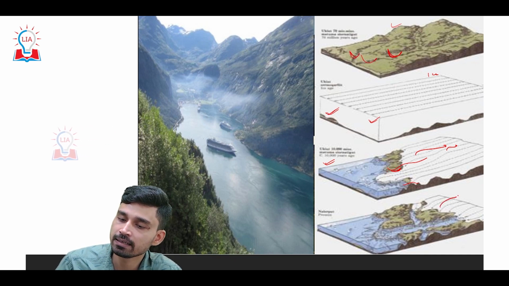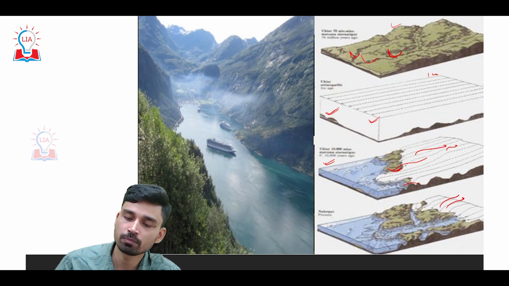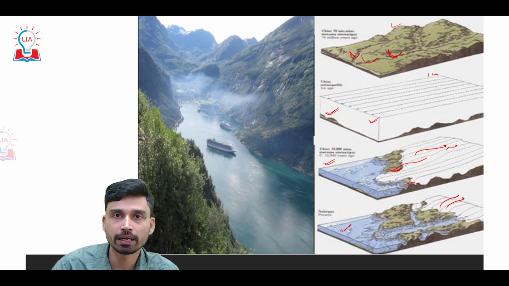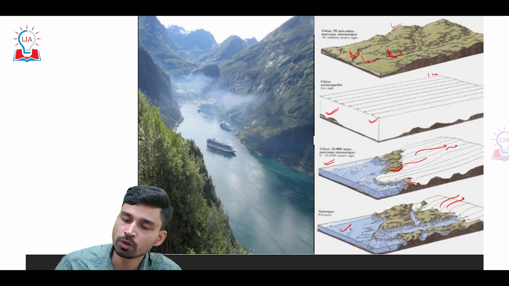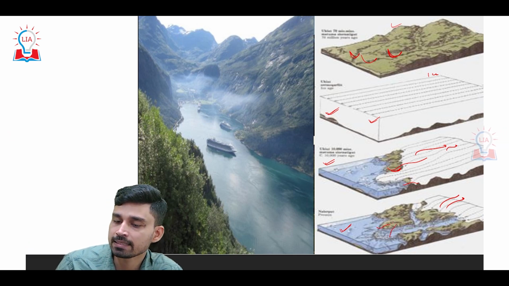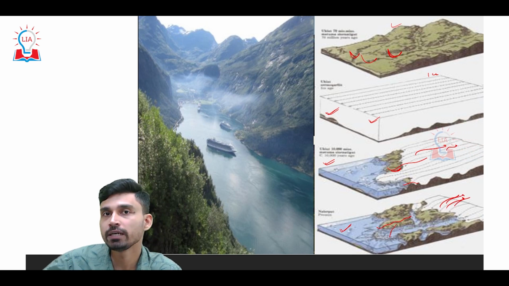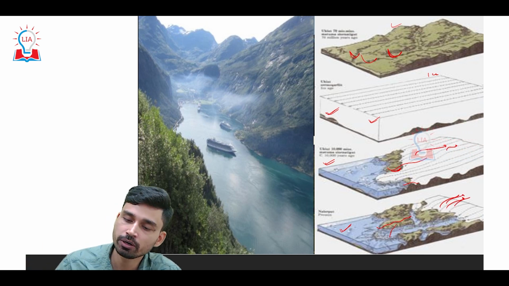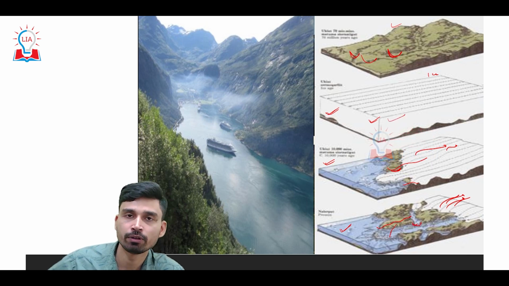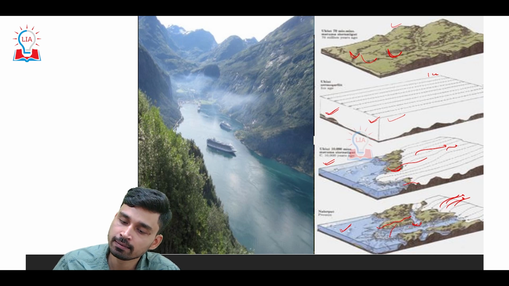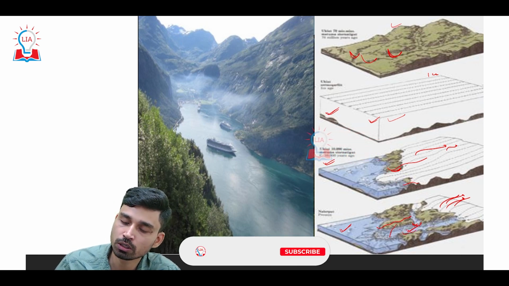And thus, as the glacier retreats more and more away from this region, the sea level will obviously rise because Earth is in the warming phase, and thus we'll have the melting of the snow, and the seawater rises. And as seawater gradually rises, the ice sheet is continuously retreating, and thus the valleys that had been formed by the ice sheets when it was advancing towards the sea are filled up by seawater, and that is why we have a valley that is filled up by seawater, which we refer